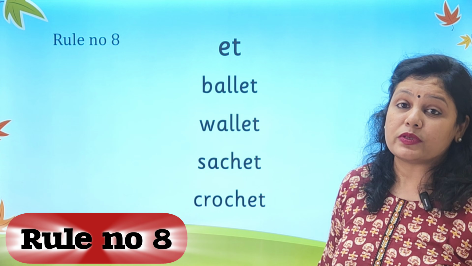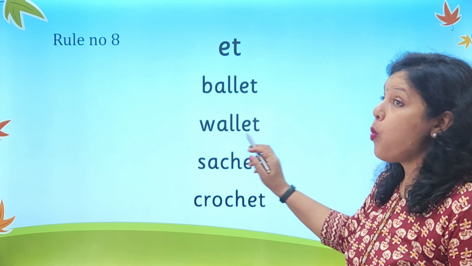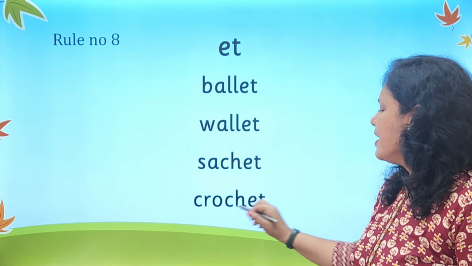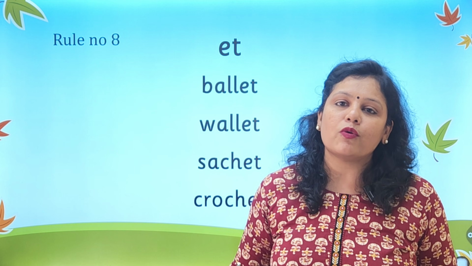Giving you the A sound, as in ballet, volley, sachet and crochet. So since we have only 4 words, we need not do it as a part of a rule, but we may do it as a part of tricky words and we may learn it with pictures or maybe with the help of actions or with the help of the spelling rule. Don't indulge the children in too many spelling rules. We have to only and only consider a few tricky words here also.